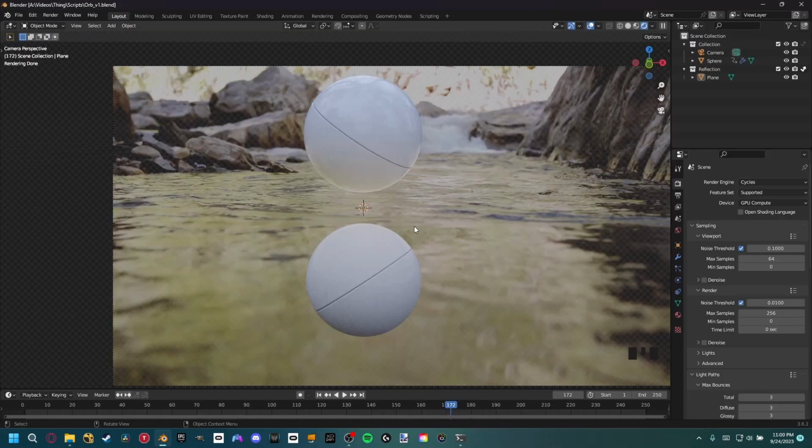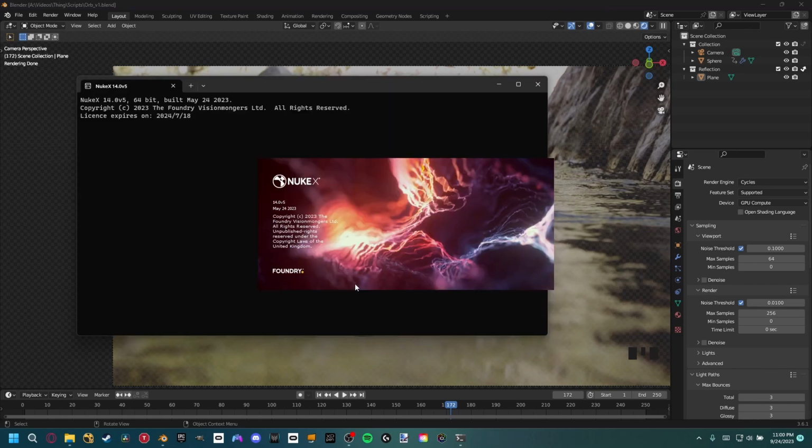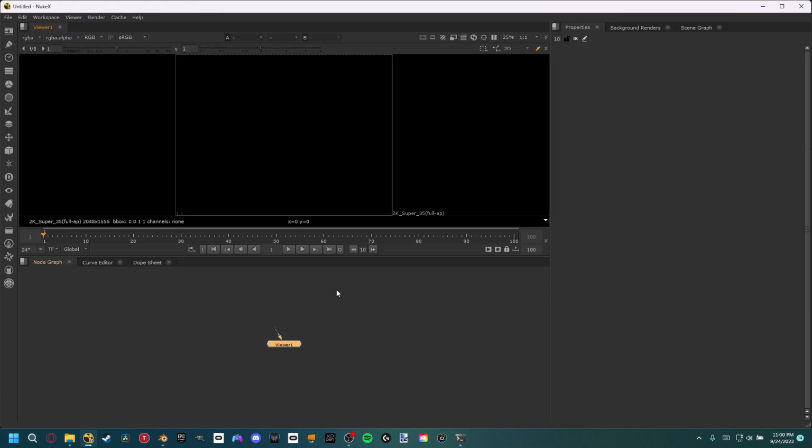Okay, so now that that's finished, let's go ahead and go into compositing. Now you can do compositing in Blender, but I highly recommend against it. A good free alternative is DaVinci Resolve. However, I'm going to be working in Nuke X today. Again, you can follow along with me using Nuke Non-Commercial, which I'll link in the description for you to download